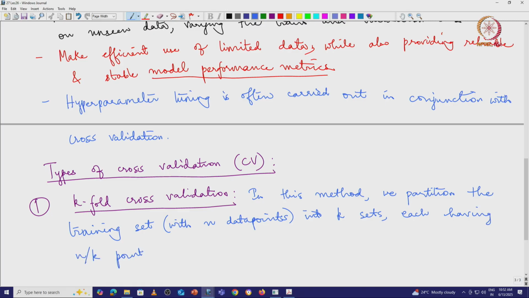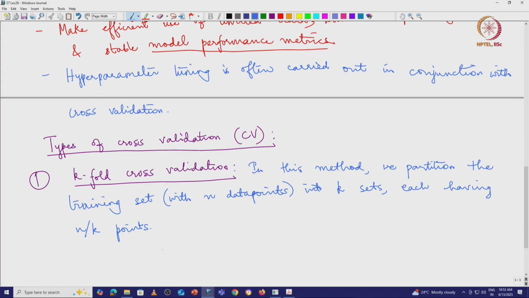So, if there are k folds or k sets, each of those will have n divided by k points,